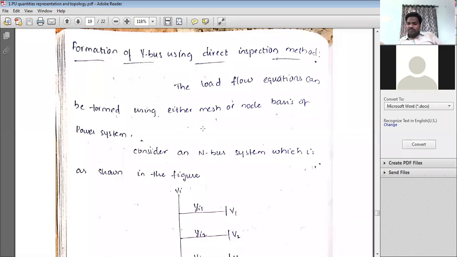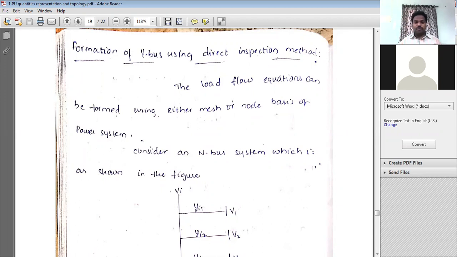So load flow is nothing but how much real power and reactive power are entering a particular node and leaving from that particular node. If you are considering a node, it is mandatory to know what the reactive power and the real power at that node are. These are called the load flow equations. In order to determine these load flow equations, you are going to use node analysis or mesh analysis.